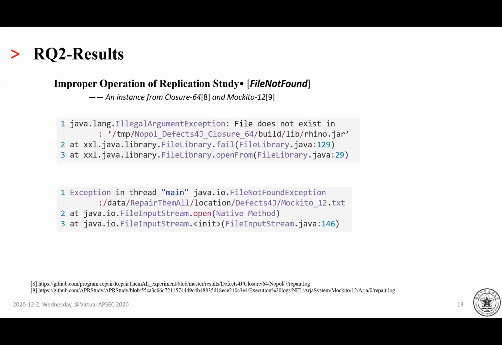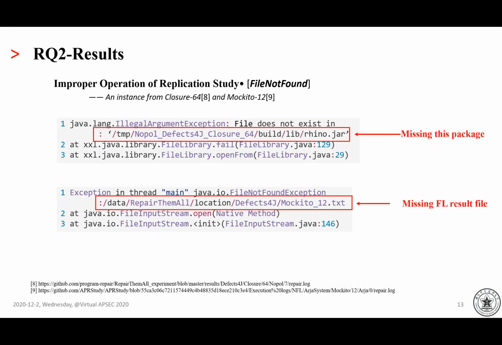Here is a case of file not found. We note that the latest version can be called directly as the 0.1 version. Therefore, researchers chose to first execute this tool and record the results in a file, and then read the full localization result from the corresponding file. If a researcher passed the wrong path to the program or there is no corresponding file under the path, the repair tool will expose such exceptions. We have confirmed this with the authors of these tools. We classified such bugs caused by the library as the improper operation of replication study.